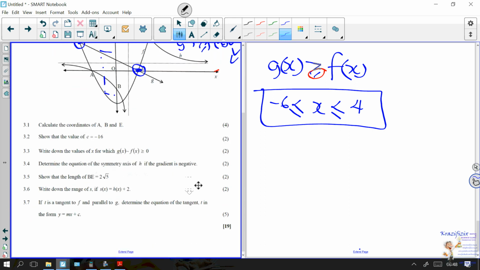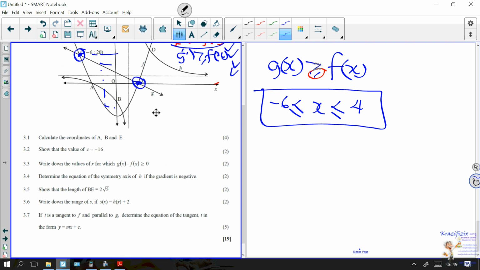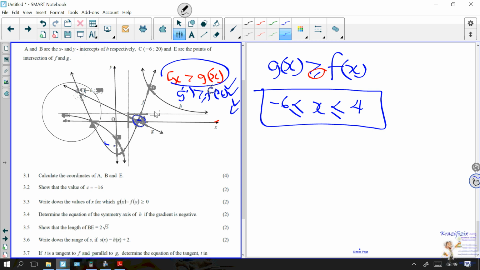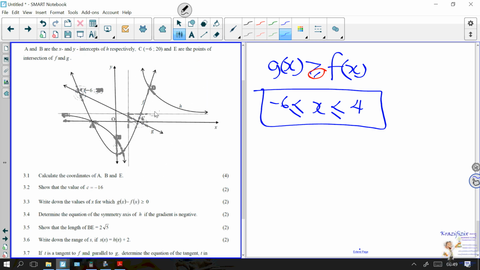All right. Determine the equation of symmetry axis of h if the gradient is negative. Okay, let's go check our functions quickly again. I want the equation of symmetry. Now, please note, the equation of symmetry must actually pass through the intersection of your asymptotes. This is my asymptote. I'm going to drag this line later on. That is my line. Do you notice that my line passes through the point of